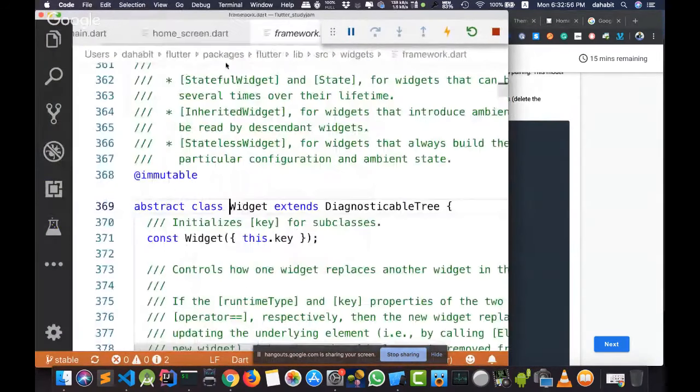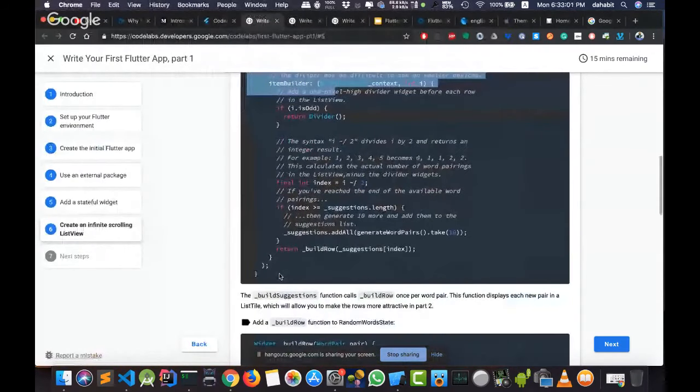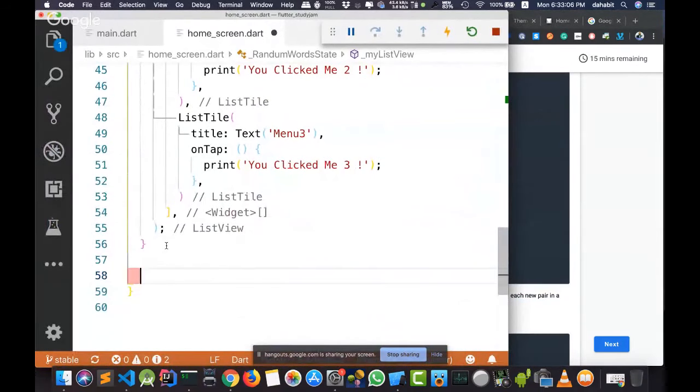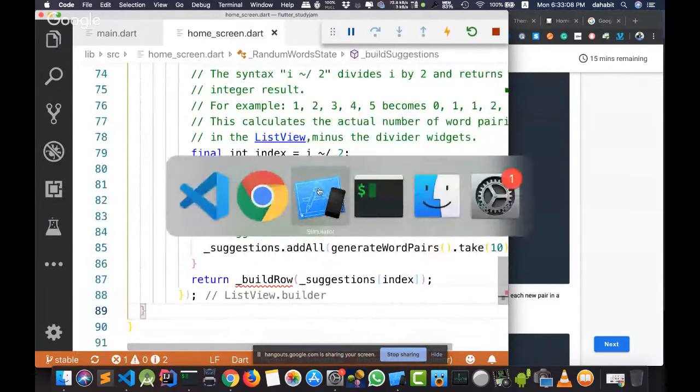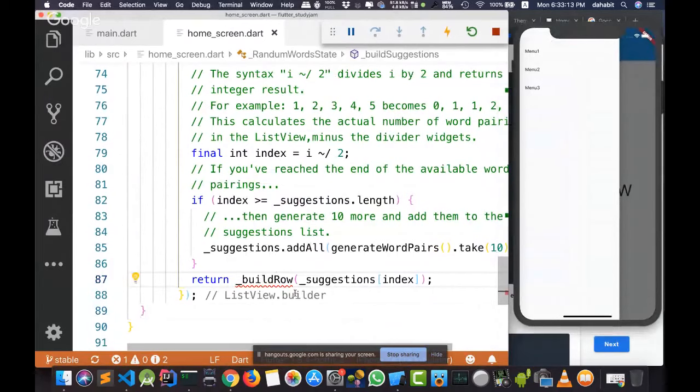exactly the same as the one we defined for our list view. As you can see here, I'll copy it and paste it here inside my class. As you can see, there is an error, saying that there is a problem here. What's the problem? There is another private method used inside my application, but Flutter or Dart or the editor don't know anything about it. Why are we getting this error? We are getting this error because there is no private method called build row.